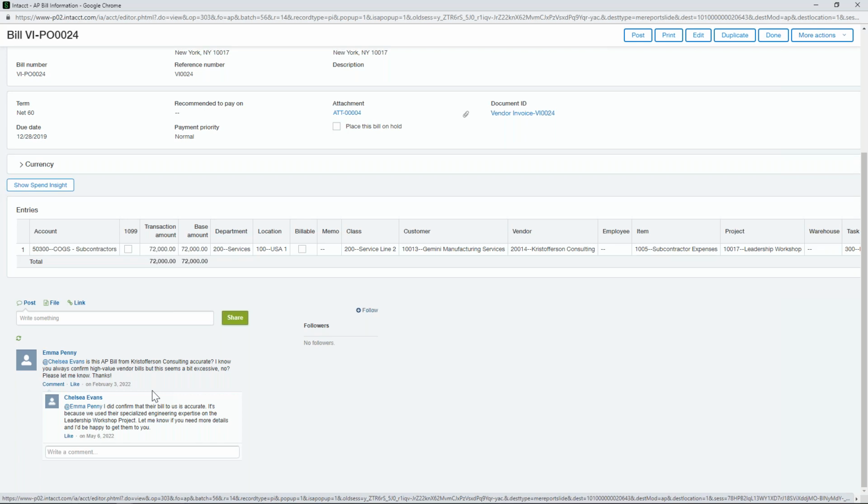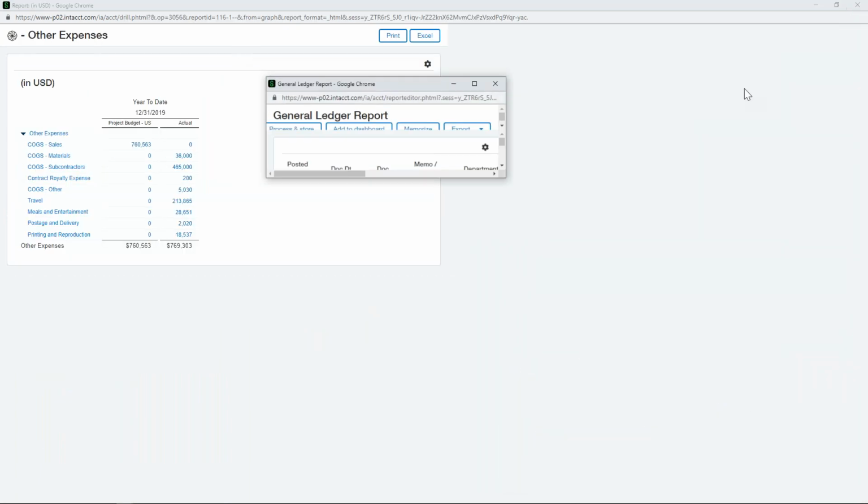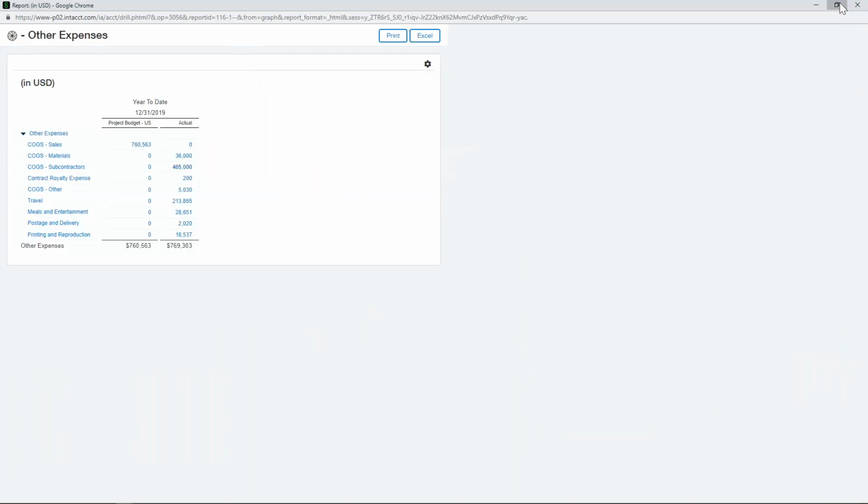So we never have to guess a year from now if we're running a report, whatever happened with this, why was it outstanding for so long? We now have a thread of any communication that we had relating to this transaction. It's available as well on every transaction in the system. So down to a journal entry. If there's a journal entry and you want to communicate to someone in finance, put a comment in there, and now there's an audit trail with the thread of the entire communication that's now embedded with that transaction. So those are some of the things that we do to make people's lives easier who need to run and